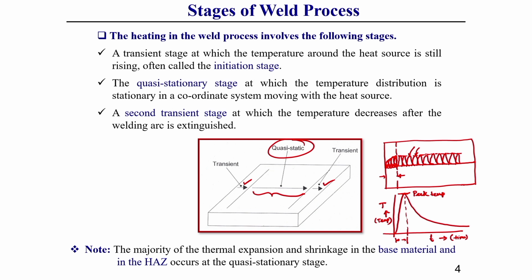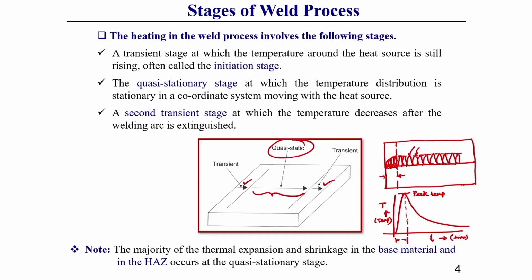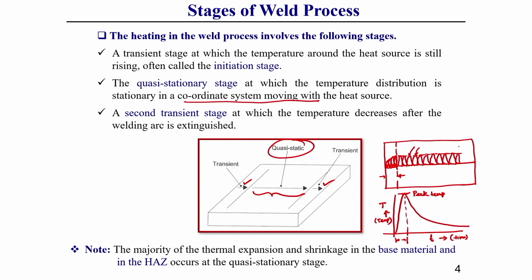So, in this zone, the quasi static zone can be defined as the state in which the temperature distribution is stationary. This stationary is about what? About a coordinate system that is moving with the heat source, I have already written. So, in this quasi stationary state, the temperature does not change with time, that you can say, the profile does not change with time, if we observe about a moving heat source. This you should keep in mind. So, this is generally called the quasi stationary state.